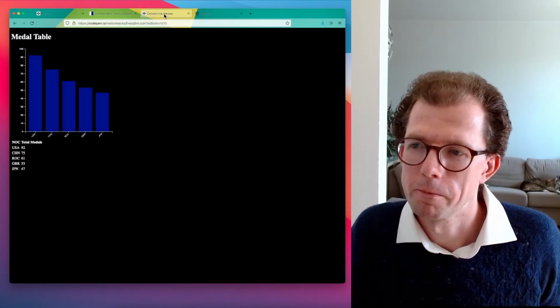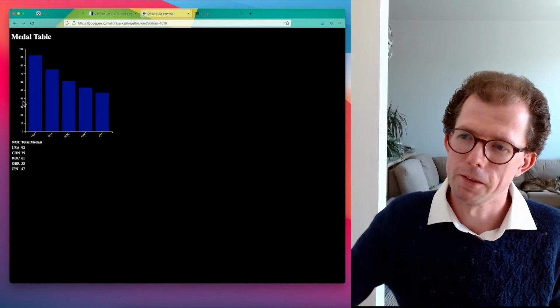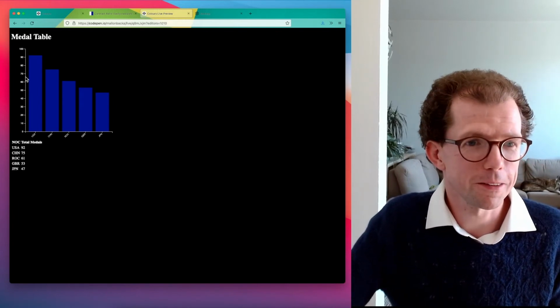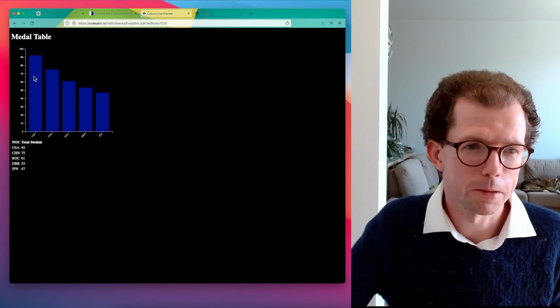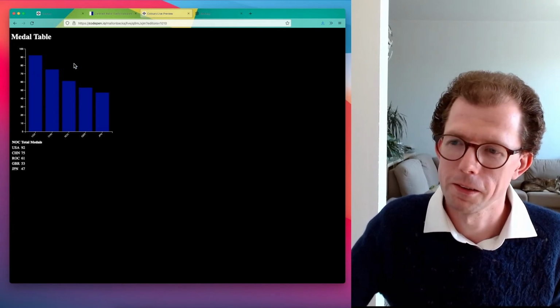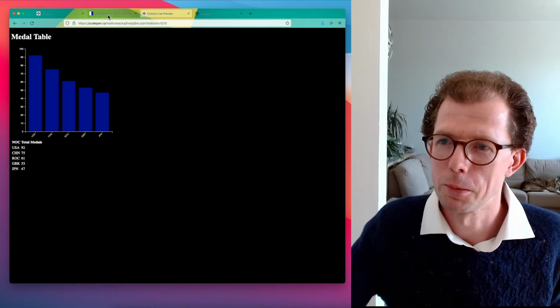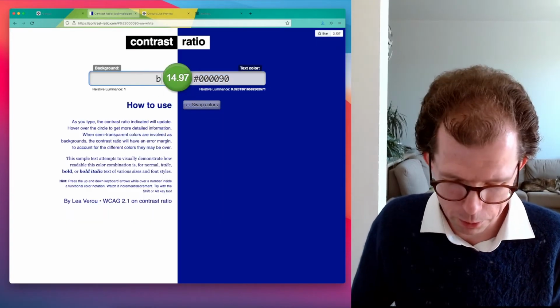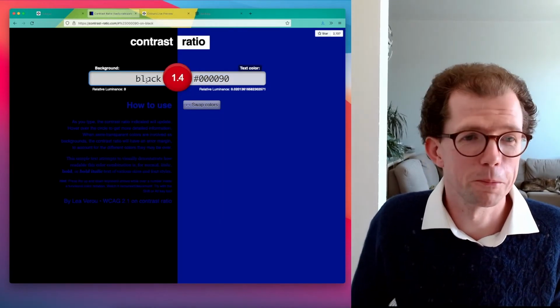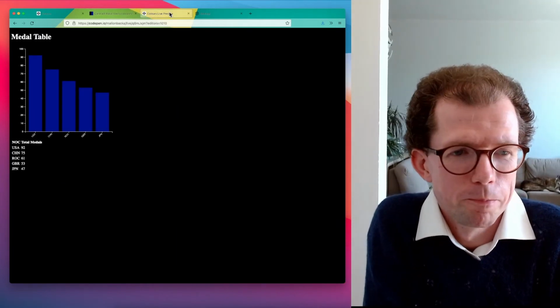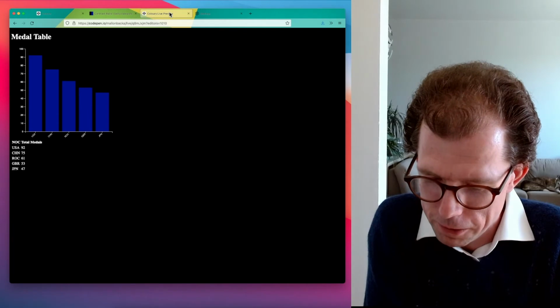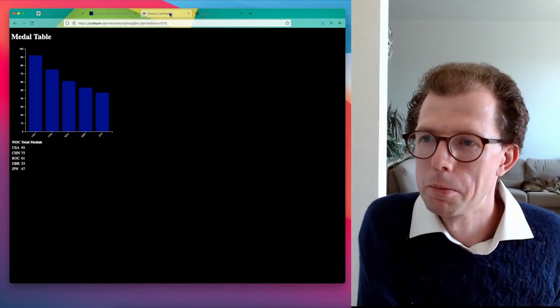And now we head here. Now, we didn't specify a color for the axes, but they followed the text color, which is quite nice. But we did specify a color for these bars, and they now have very poor contrast. We can actually see what if this was black instead of white. There, back to the 1.4. Wonderful. So this is a bit of a problem. Now, there are different ways we might approach this.